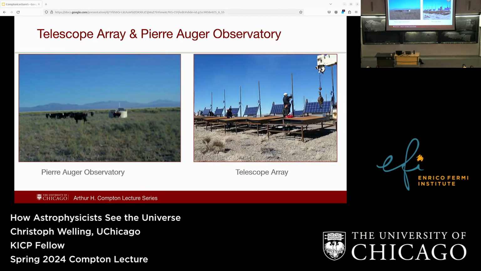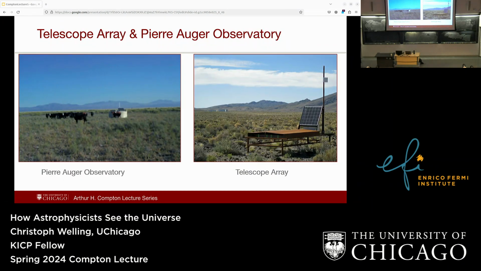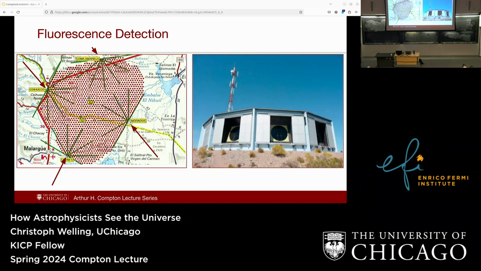And so with these, you can detect these particles from these air showers. Now we want to know, based on how many particles we detect, what energy did this shower have, what does it look like. Ideally, we would actually want to see the shower itself, and you can do this with these. At the Pierre Auger Observatory, there's one of these telescopes at each of these ends. So there's one here, one here, one here, and one here.